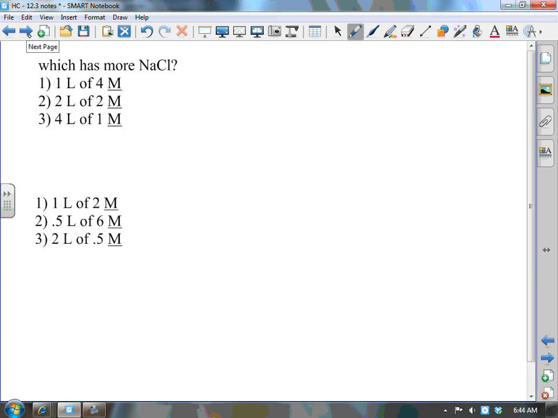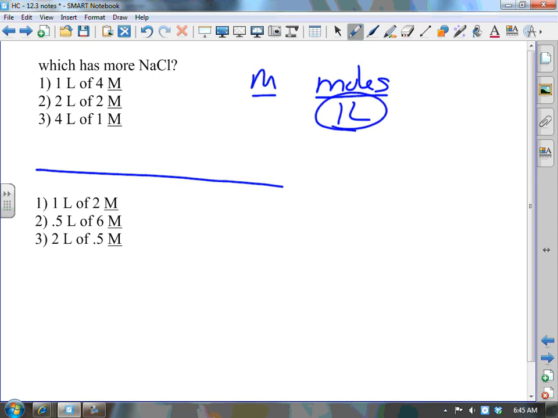So, a couple things here just to look at. Got 2 different sets of questions here. And I want you to look at these. Which one has more salt? 1 liter of a 4 molar solution, 2 liters of a 2 molar solution, or 4 liters of a 1 molar solution? Which one actually has more salt? Remember, you've got to understand what M means. That means the number of moles for every 1 liter that's poured out. So here, number 1, I've got a bottle in which the strength is 4 moles for every liter poured. Well, if I pour out 1 liter